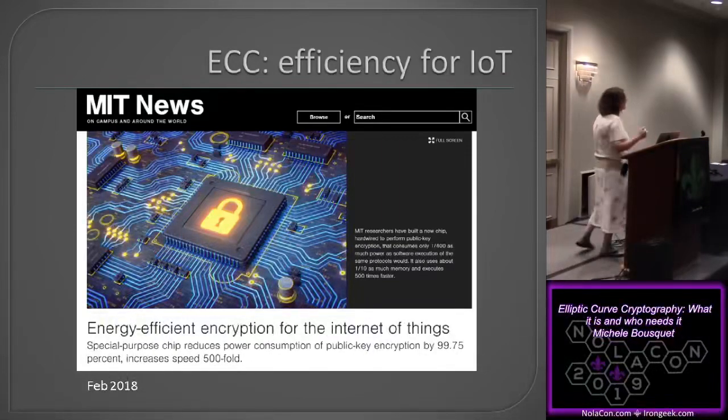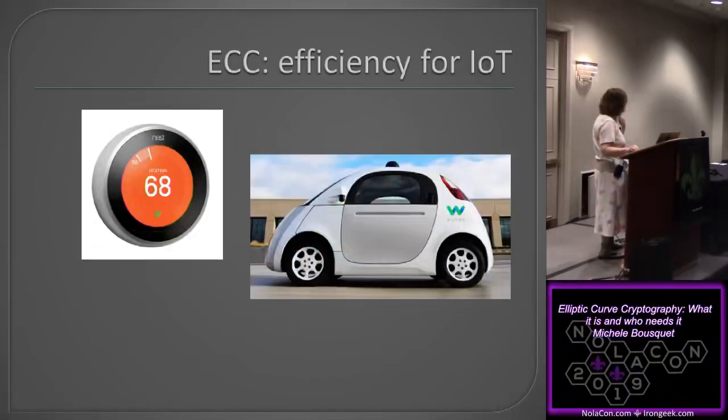Now, I tried to find information on exactly which types of devices use ECC, but as you can imagine, a lot of companies are not too eager to discuss in detail what they're doing with their encryption. But I did manage to find some different situations where it's used. It's used in thermostats. The sensors for all the autonomous vehicles that are being tested, ECC is obviously very desirable because it uses less power, it's faster, it's very safe. You know, it's one thing to have your network hacked, it's another to have your car hacked. If someone hacks your network, probably you're not going to hit a pedestrian, as opposed to the physical dangers of it.